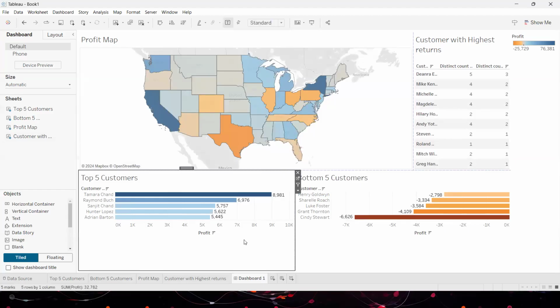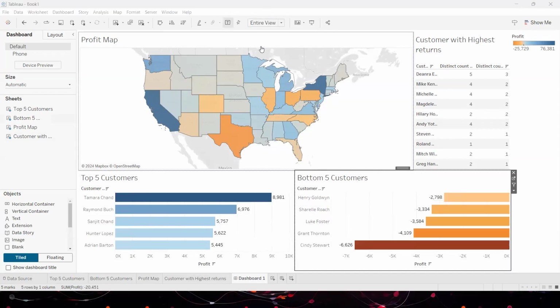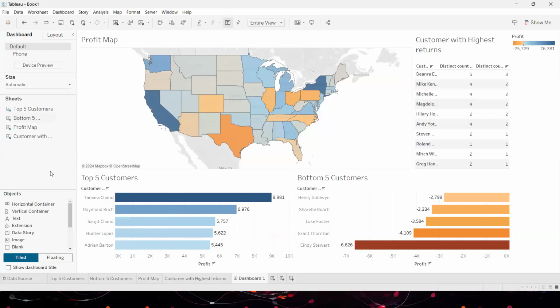So when we are creating a dashboard, some of the things that we do is we try to arrange the components in a Z pattern, zigzag, and don't try to put too many worksheets in one dashboard. It might look a little cluttered. So we'll keep it simple. We could give a background color.